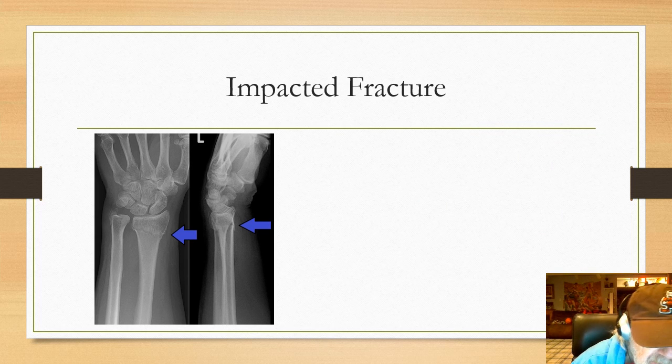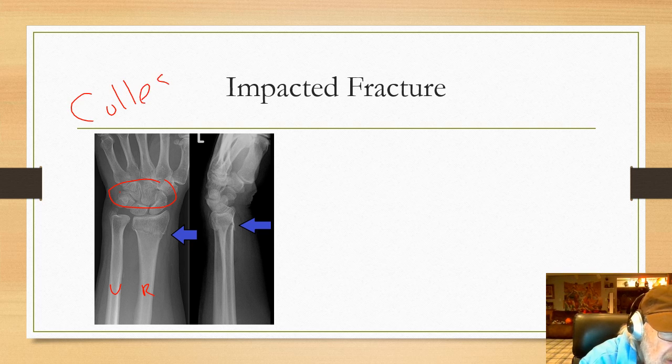Now this is an impacted fracture. If we look here, this is the radius. Here's the ulna, and here's the carpal bones. We talked about the carpal bones, and this is actually called a Colles fracture. You can see it from the side. If you look right here, there's an angle like this, and it's angled up this way, and the hand is this way. They actually call this a